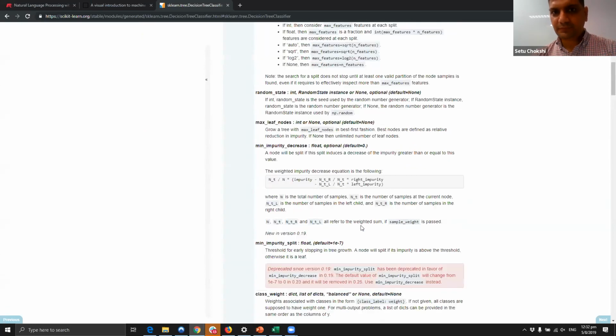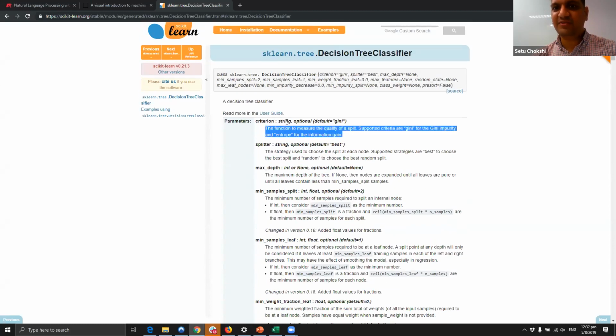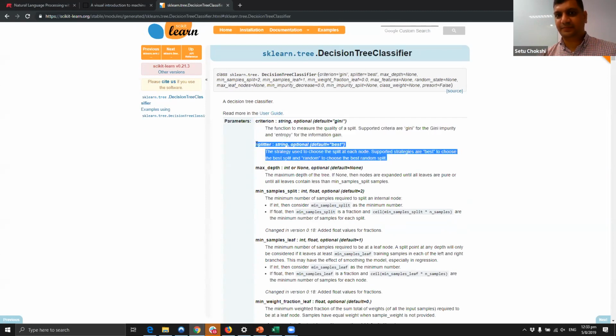All right. So the first one is criterion. The value is Gini. The other is entropy. Now we did those examples, so that becomes very clear. The next one that we have is the splitter. When you're picking Gini or entropy, I said to pick the split that's the best, and this is where your values of number of splits come into the scenario.